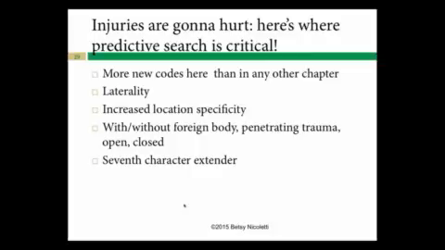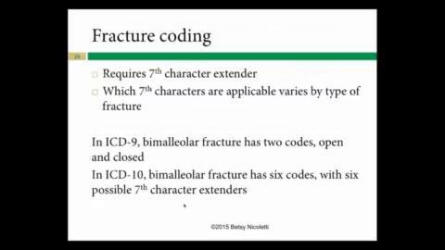I'm going to feel a little sorry for our orthopedists and our trauma surgeons, because those are going to be hard. And fracture coding is even more complicated. So while most injuries are going to require just the A, the D, and the S, in fracture coding, there are many, many more options. For certain kinds of major trauma, for major fractures, we're going to be using the Gustilo classification as the seventh character extender to tell